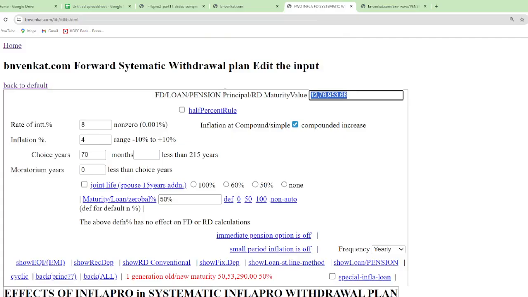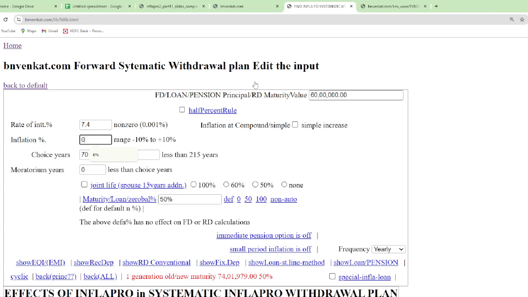And we are considering 60 lakh principal and simple interest pattern for conventional ones. Rate of interest is 7.4%. And inflation is 0% for conventional option. For simple interest, we have to consider an inflation of